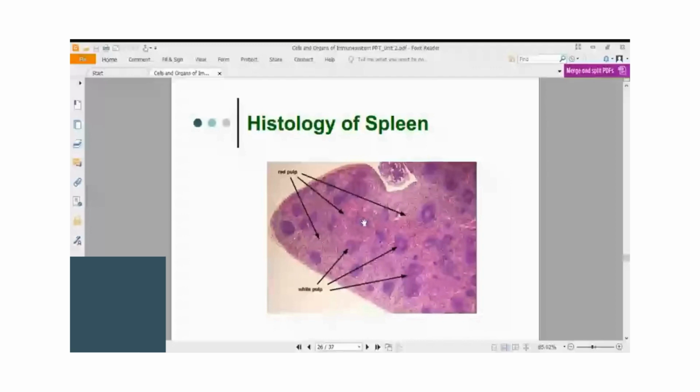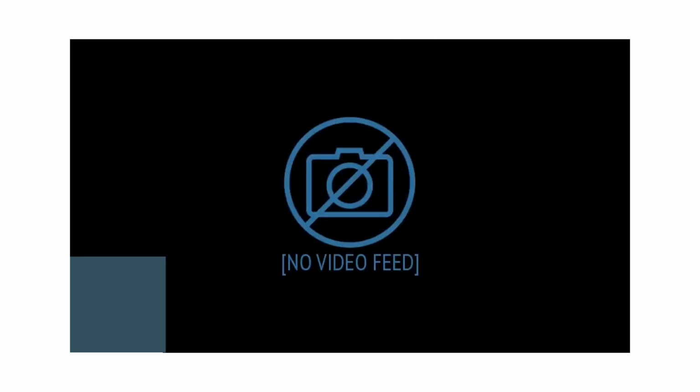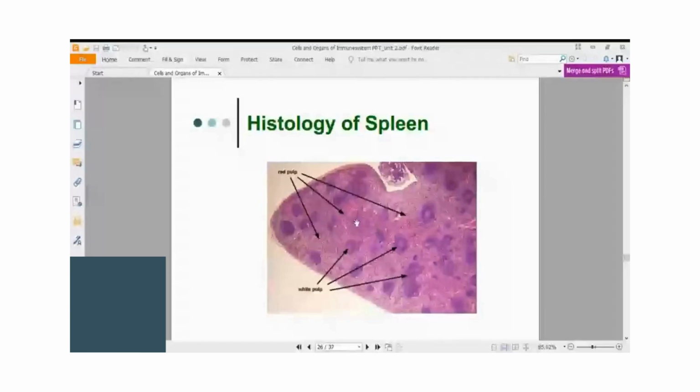RBCs, when they originate, are nucleated, and those are proerythrocytes. Some of the proerythrocytes can come from bone marrow and lodge themselves in the spleen, and then finally transform themselves into the RBC, anucleated, meaning without nucleus, by expelling the nucleus, and from there they are distributed to other